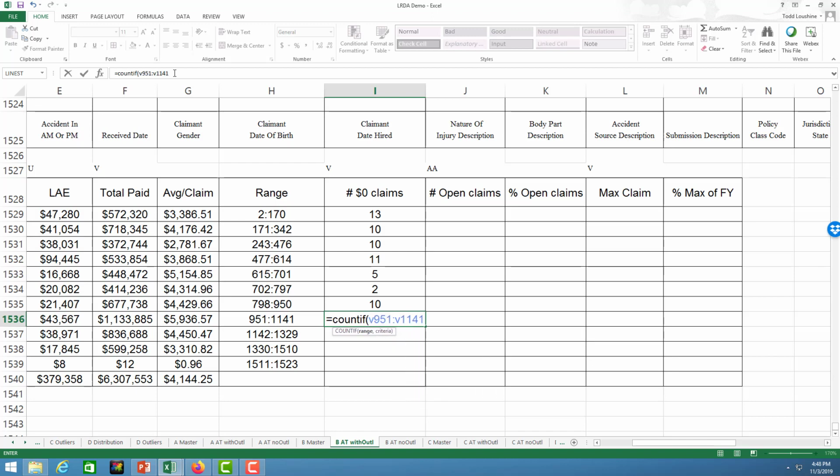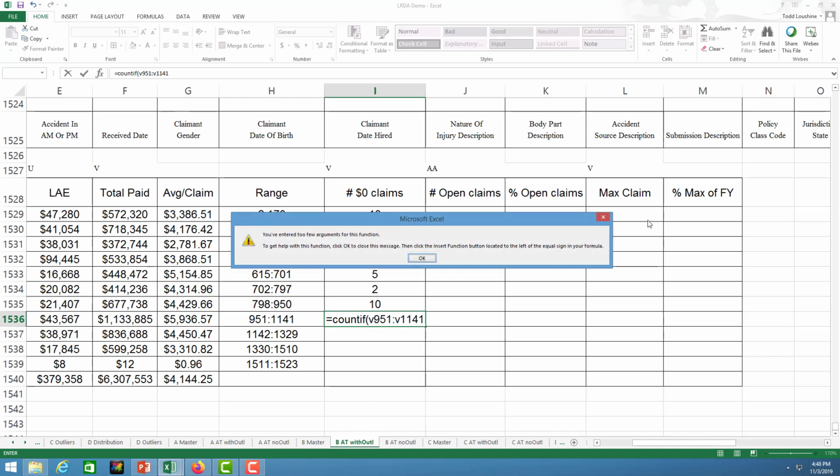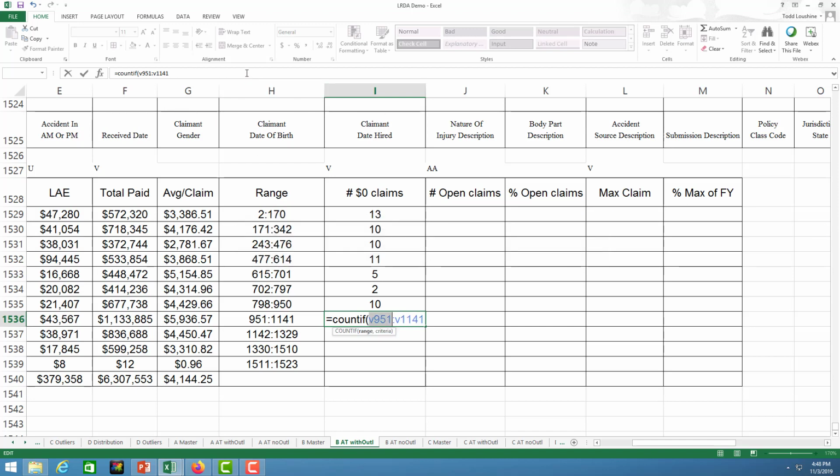V1141. I gotta put in the 0. It's getting late at night. He's getting tired. Equals count if V1142 to V1329, 0. Count if V1330 to V1510, 0. Equals count if